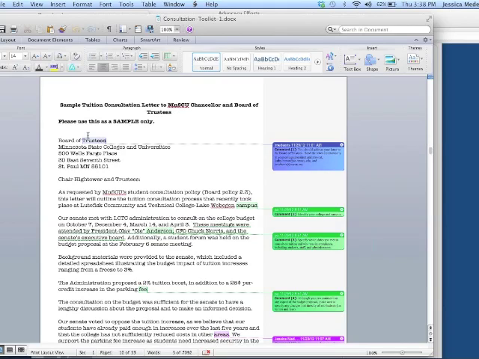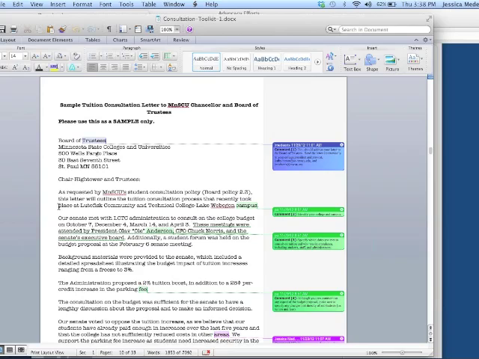So you can see here at the top, the letter is addressed to the Board of Trustees in St. Paul, and here the letter is addressed to Chair Hightower, the chair of the Board of Trustees, and other members of the board. You can also address it to Chancellor Rosenstone if you prefer. And then it talks about why you're writing the letter. You're writing the letter because it's required under Minsky policy,